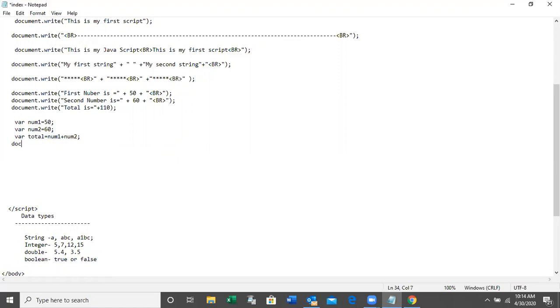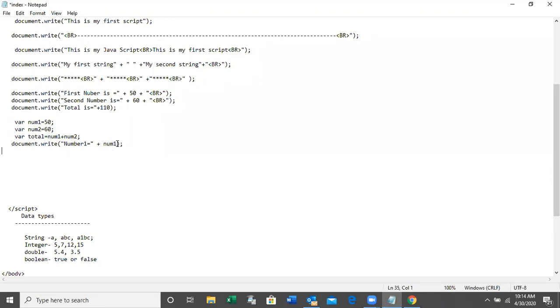Say document.write, document.write, number 1 is equal, plus operator, and my variable name is num1. Why can't I put 50 here? Because if I change the number here, it will change automatically if I use the num1 variable. But if I put 50, that is a fixed number.